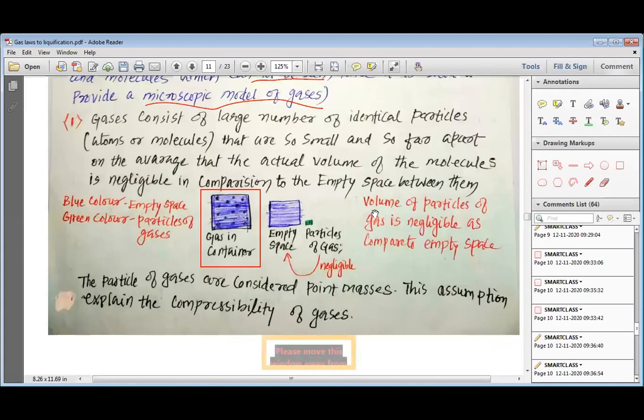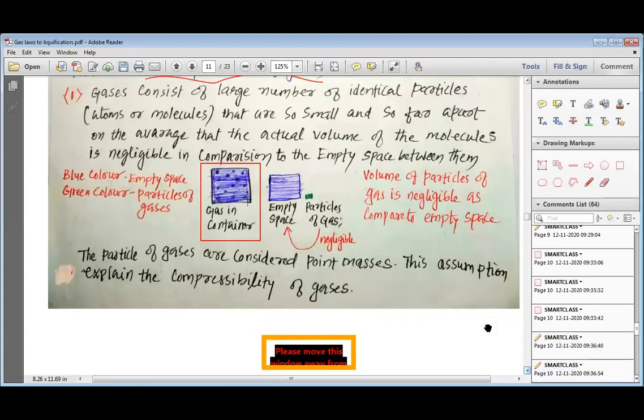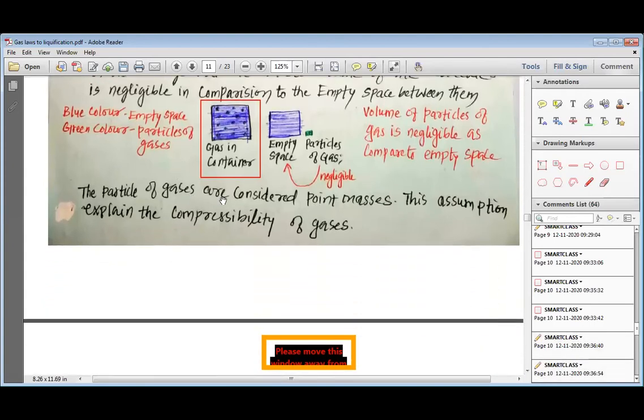Now I have given some instructions. Volume of particle of gas is negligible as compared to the empty space. With the blue color we have expressed empty space, and with the green color we have expressed the total volume of the particles. The particles of gases are considered point masses. These assumptions explain the